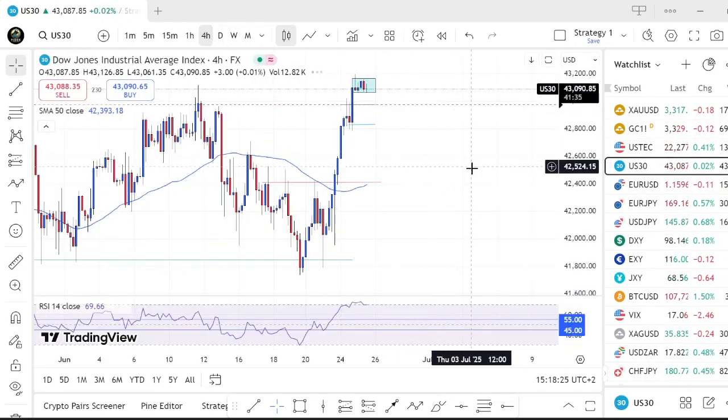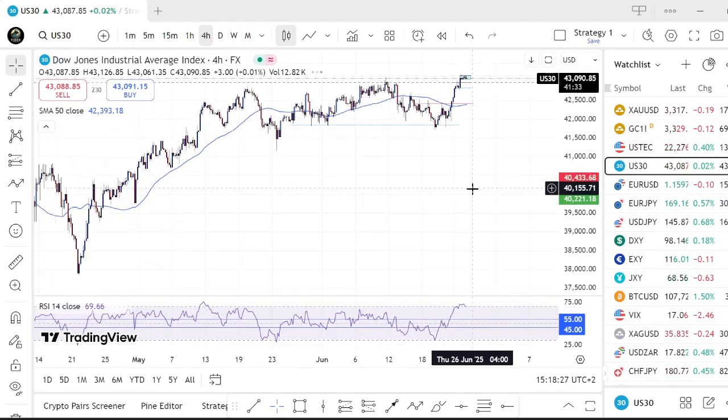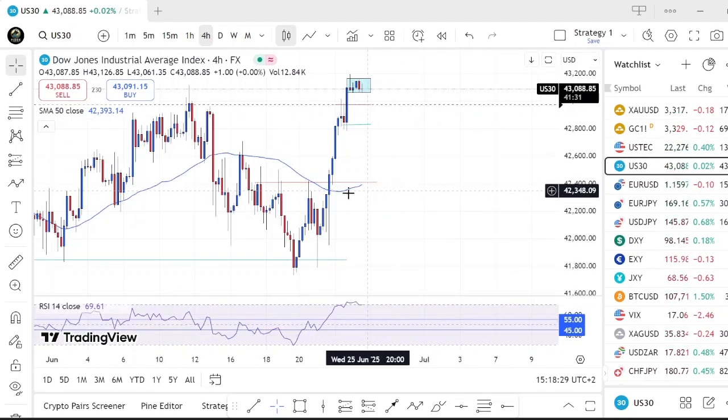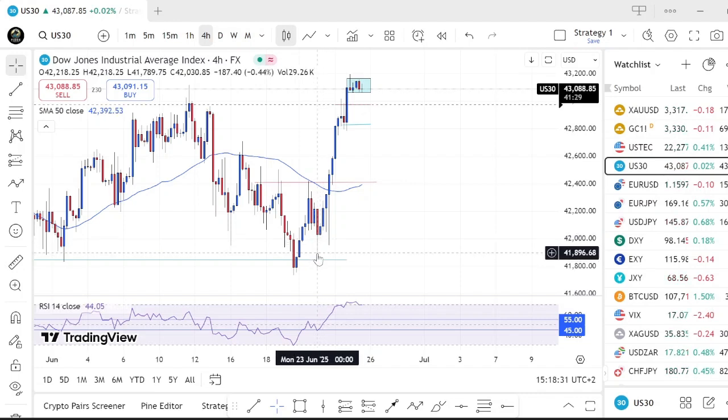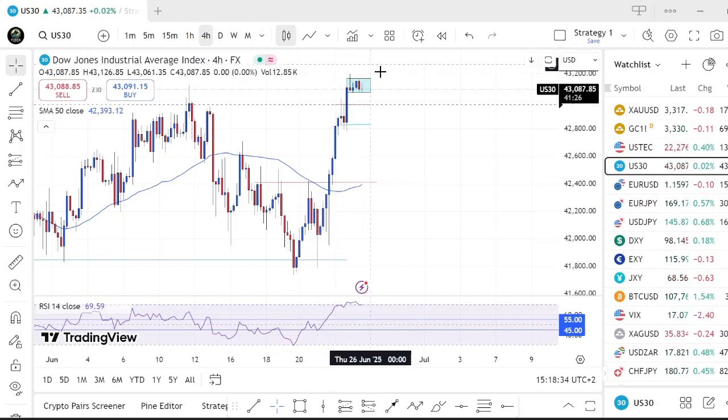Taking a look at US30, we're on the 4 hour time frame. We can also see strong bullish momentum coming out of here for this past week. Markets have had strong moves to the upside. We haven't created any new structure yet, but price is trading above the 50 SMA, and we are in the